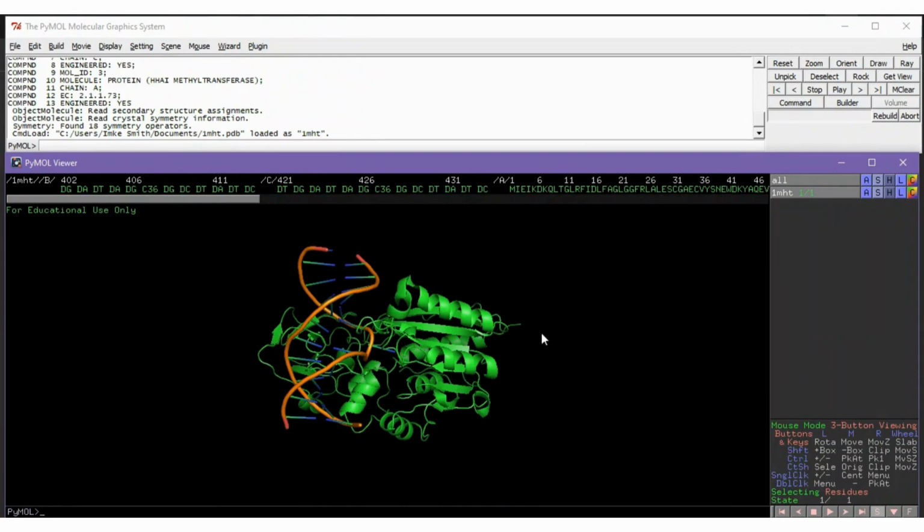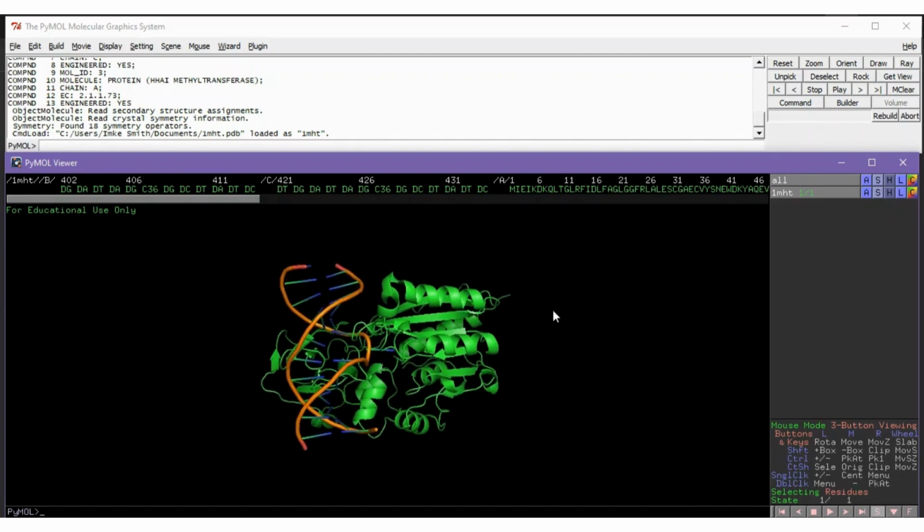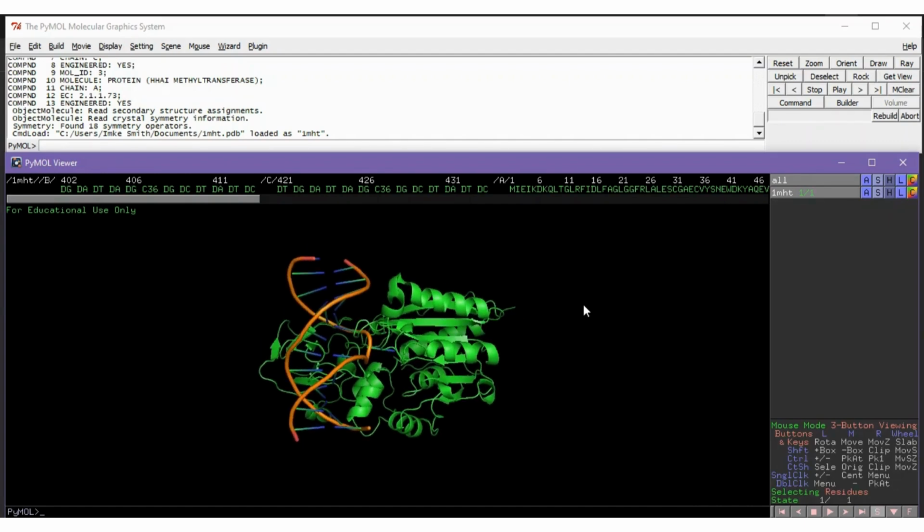In this video, we'll look at the alter or rebuild functionality in PyMOL. So the model that we have rendered at the moment is from a PDB file. A PDB file contains a set of atom coordinates or atom placements that PyMOL reads to allow the rendering of the model in the program.